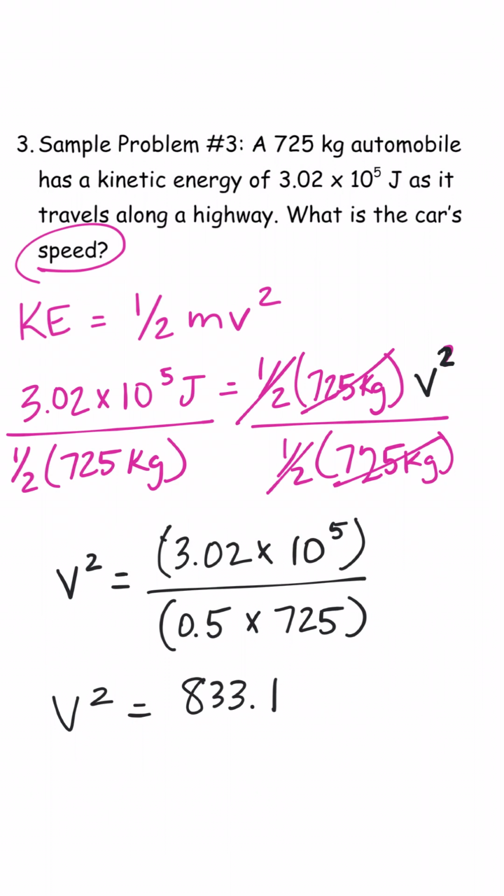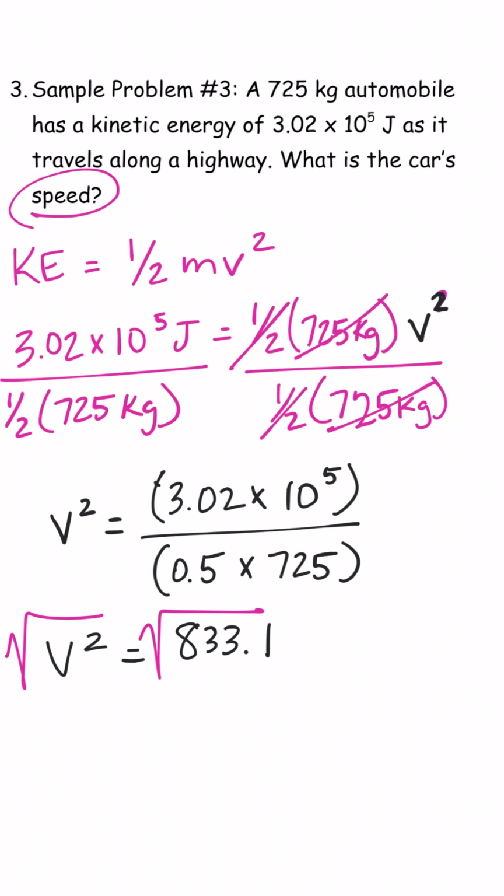And now the units at this time technically are meters squared per second squared. But you don't have to really worry about that, so I'm going to get rid of that, okay? I just wanted you to know it. Yes, there are units there, but once we take the square root, it's just going to leave velocity units, which is meters per second. So I need to get rid of the squared on the left side. In order to do that, I'm going to do the opposite, which is to take the square root, and I have to do that to both sides. That leaves me with